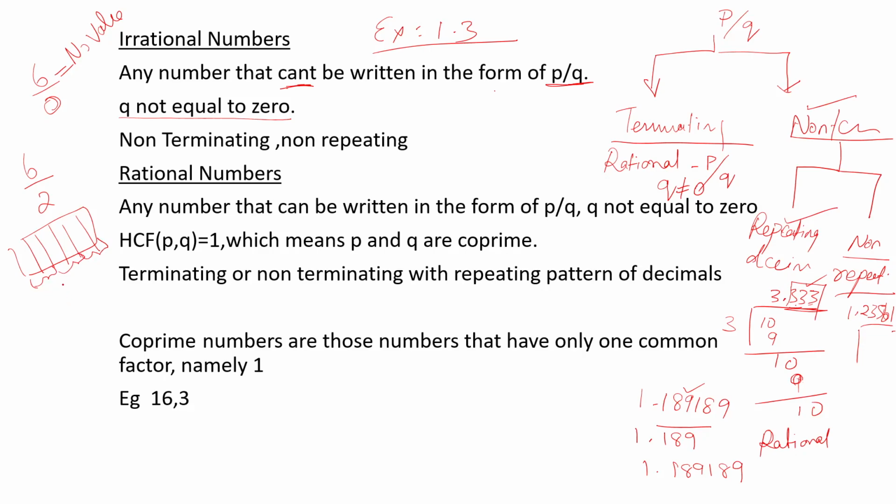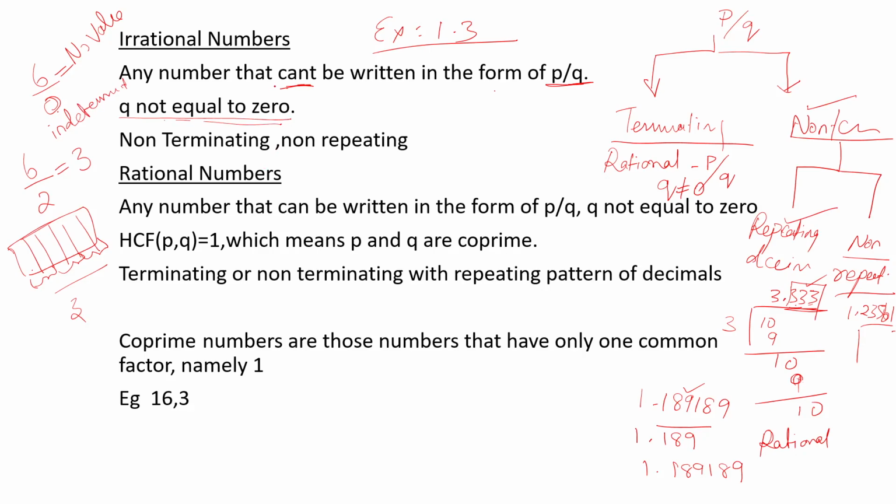So how many parts can I divide? 3 parts. So you will get 3 as the answer. The same 6 parts are here, and I am asking you to divide into 0 parts. Is this possible? No. So that's why it is called an indeterminate form. So the denominator q can't be equal to 0, and then it is meaningless.